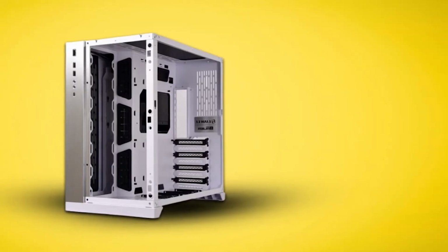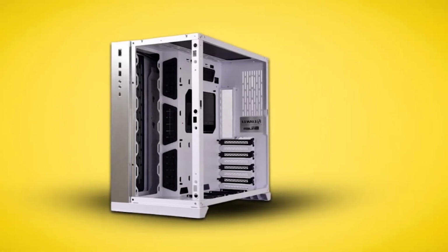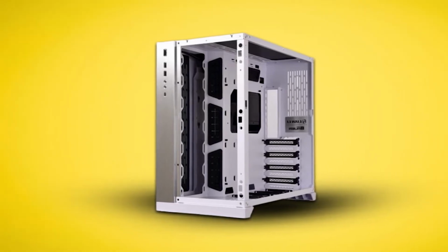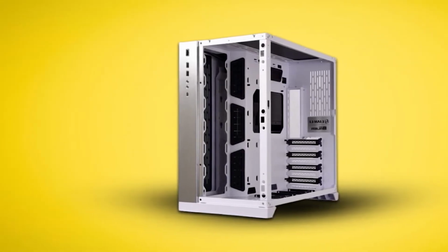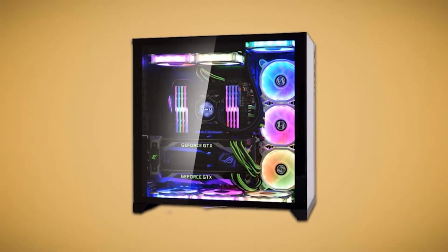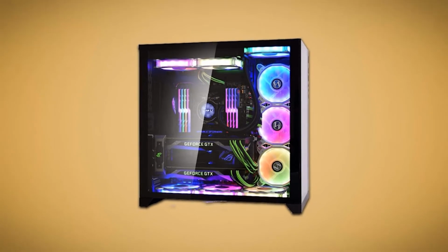Featuring a tempered glass design, installing components in the PC11 is painless. Well, apart from some of the super sharp angles that might spike the odd finger, you can remove the top and both sides of the chassis for easy access into its internals. Parts of the process that used to be stressful, such as liquid cooler installations, are now stumbling blocks of a